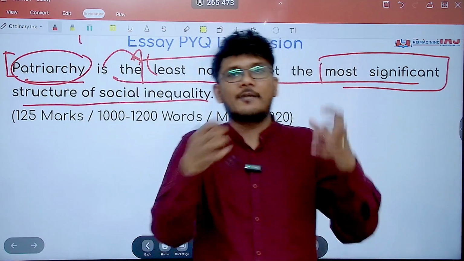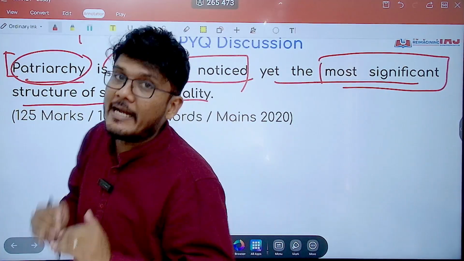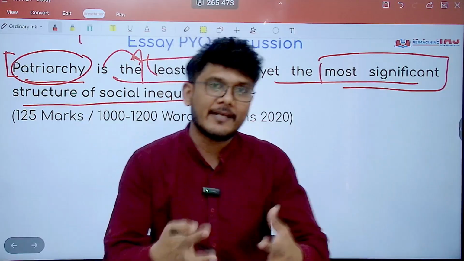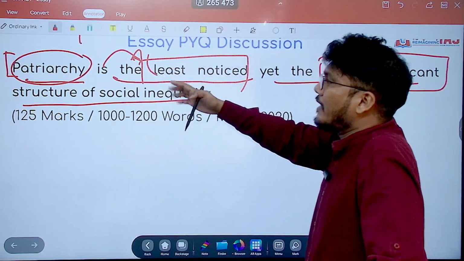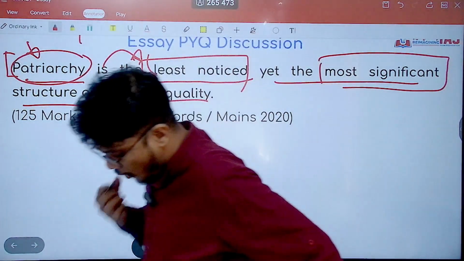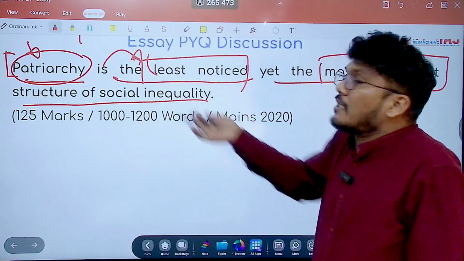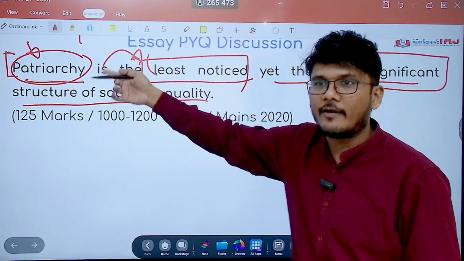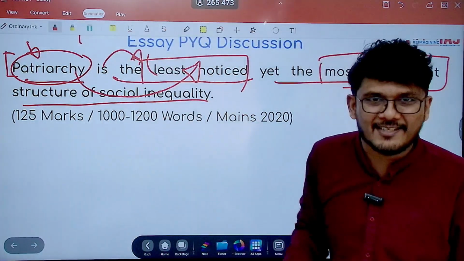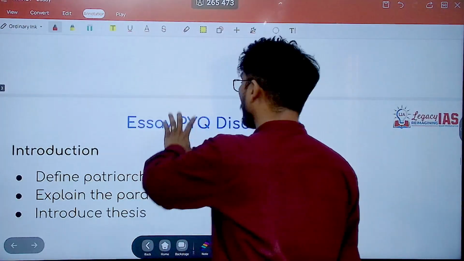Now there are certain things like breastfeeding, etc., which the female has to do, but for the other caring, even at a very young age, the father also needs to be involved. But that is not propagated in society because of patriarchy, and we think it is a given that these XYZ tasks are the tasks of women. Because we feel it is normalized, we do not see the presence of patriarchy. That is why this question talks about patriarchy being the least noticed. It is not noticed, but it is still significantly present in the structure of social inequality.